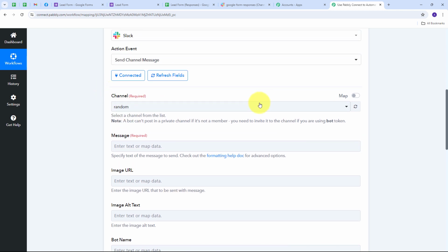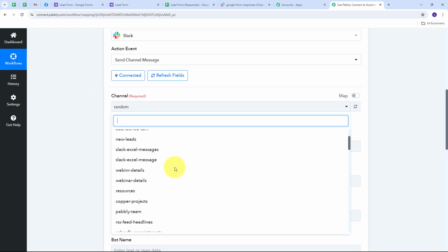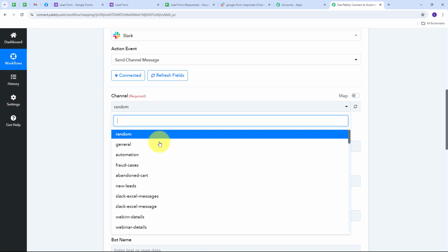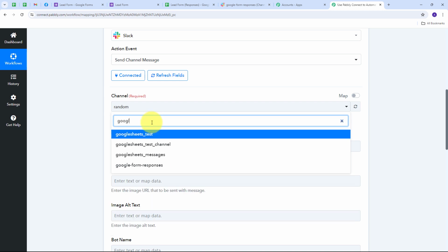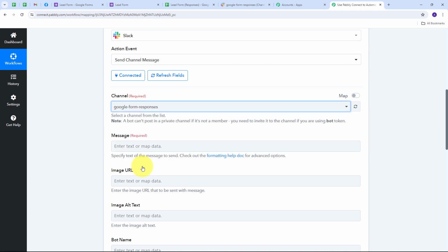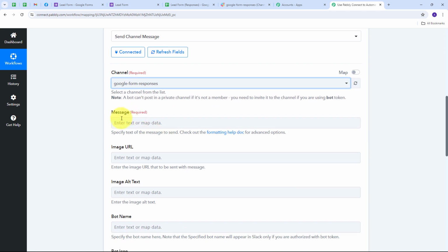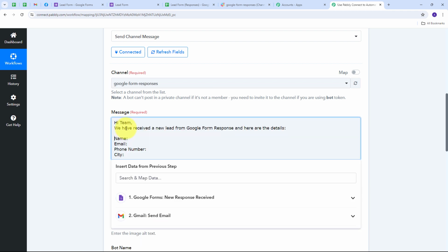Now for selecting the channel, I need to open this tab, and in this tab, I'll find all the channels that I have in my Slack account. So I'm going to search for my channel, that is Google Form Responses. So I'm going to select that. And now what I need to do is I need to give the message that I want to send on my channel. So my message will be, "Hi team, we have received a new lead from Google Form Response, and